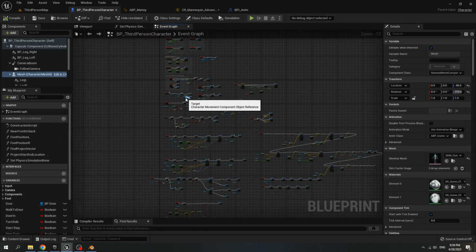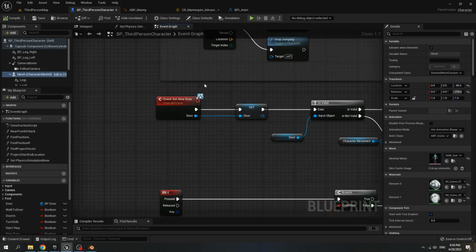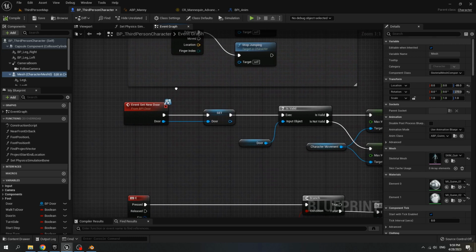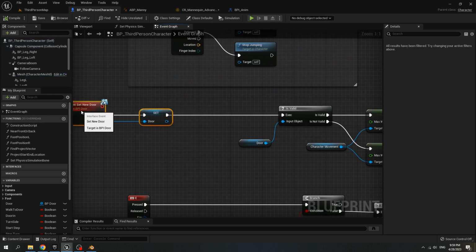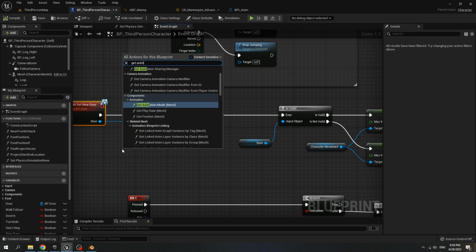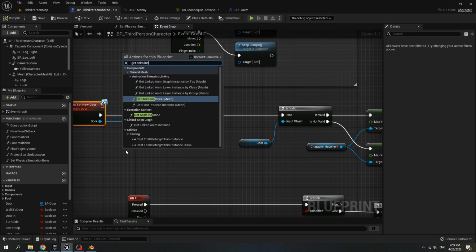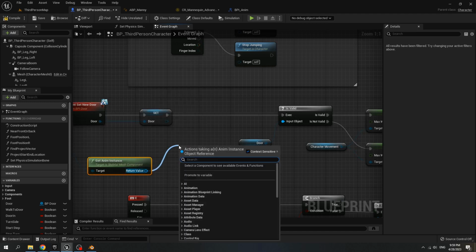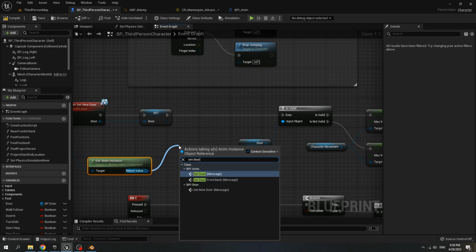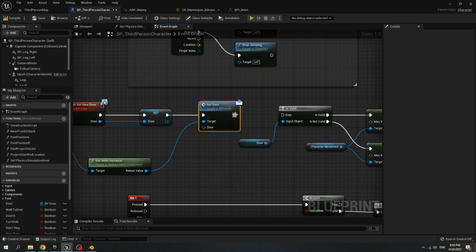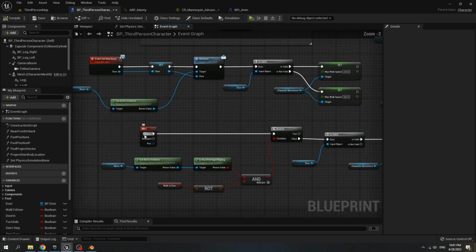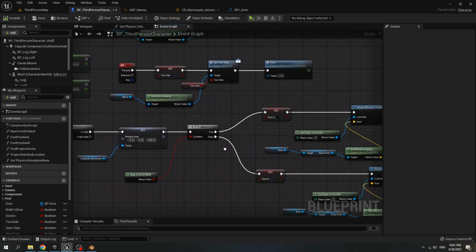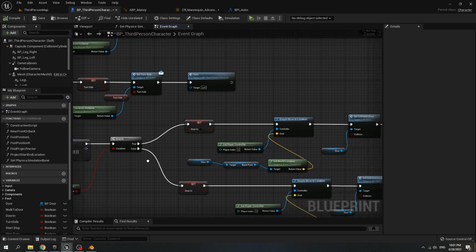Go to BP third person character for the event set new door. After we set the door, get anim instance of the mesh called set door message. Connect the door variable to the door, and when we press E, door in is false.